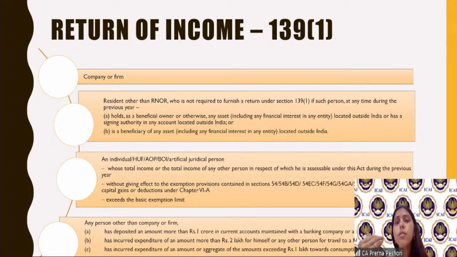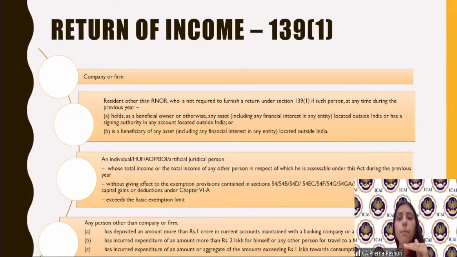What is audit? Audit is nothing but that the CA has to verify that whatever income is disclosed by the assessee is true according to the auditor, right? Then, after that, the return of income is filed. The CBDT will come to know about the information which the assessee is declaring under the return, the deductions claimed by the assessee, the losses claimed by the assessee,